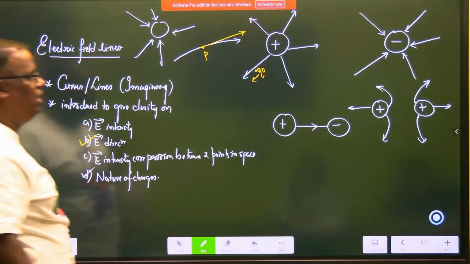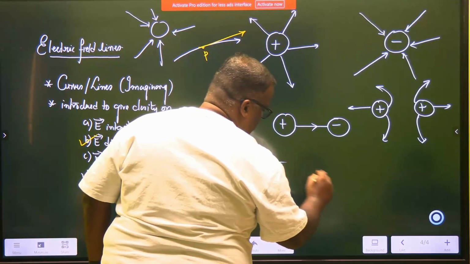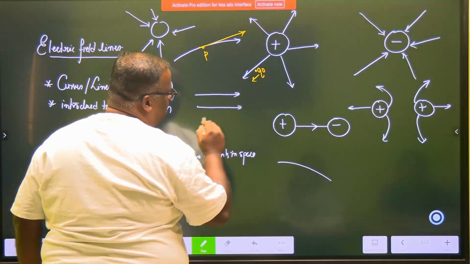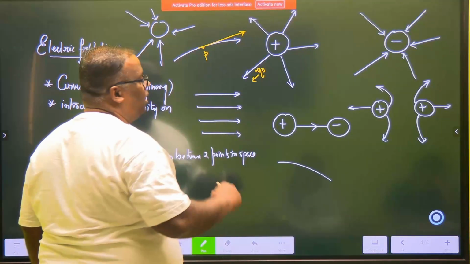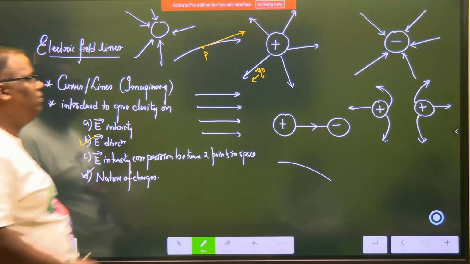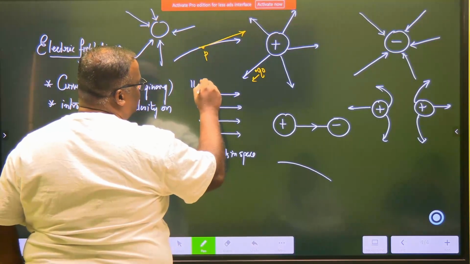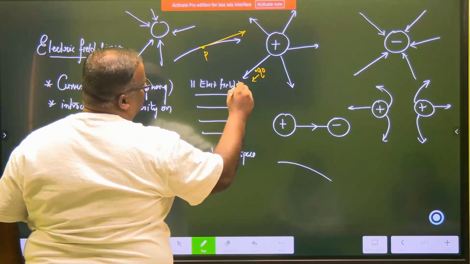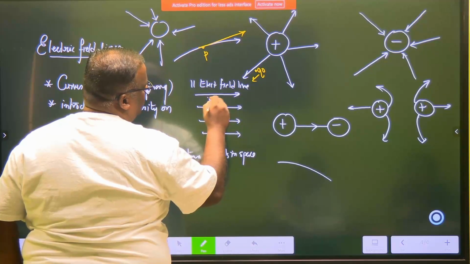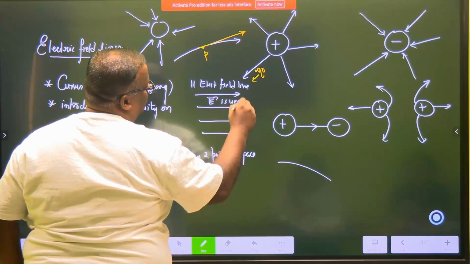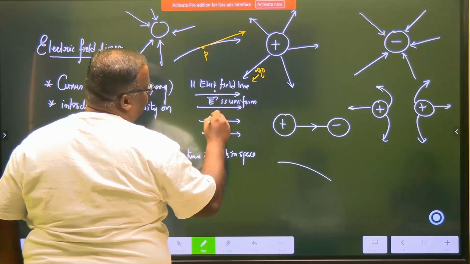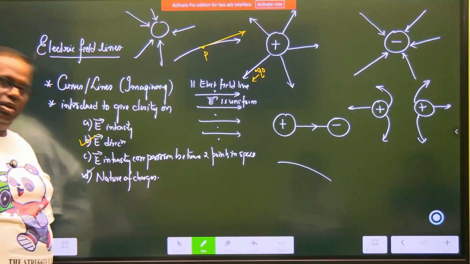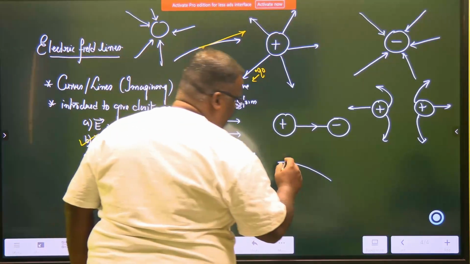Now, how to see electric field intensity? Look. Suppose there is an electric field lines pattern in this manner, parallel. So if you have parallel electric field lines, then we say that the electric field E is uniform. Uniform, whether it is at this point, this point, this point, every point it is uniform, parallel. Clear? If you have electric field lines which are like this,